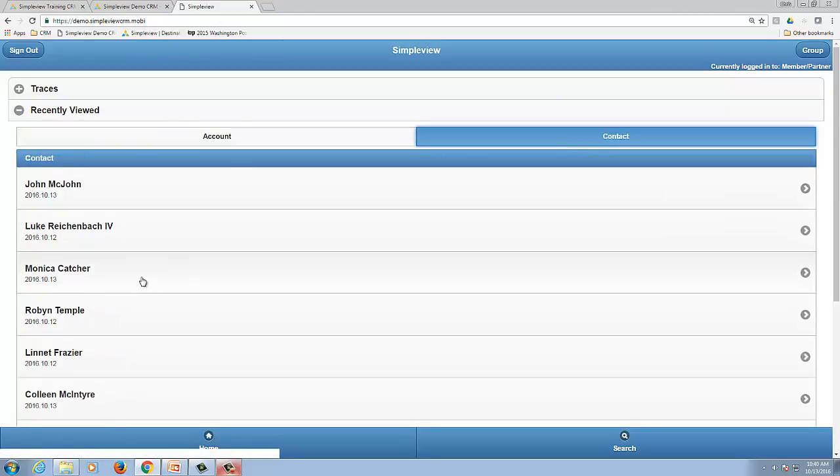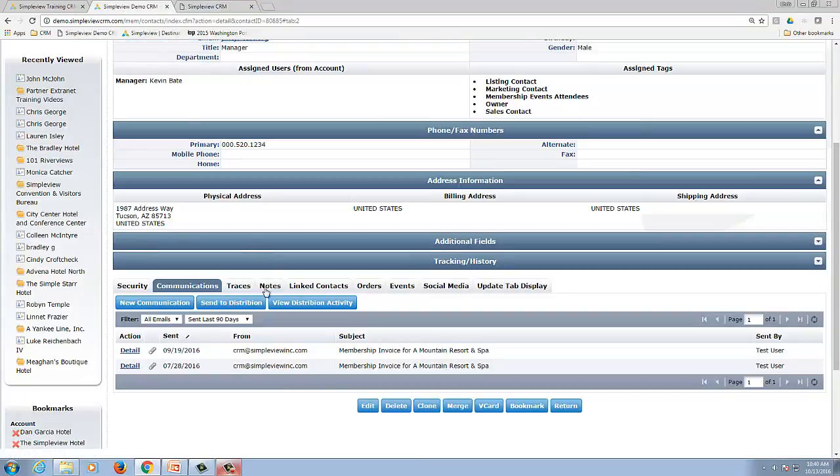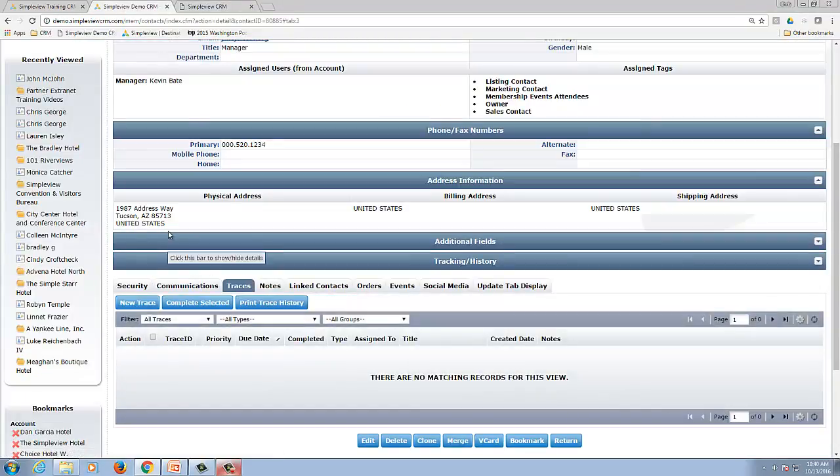the same exact way, find my contact, and if I want to send them an email, I just click on the envelope. It's going to open my mail client on my phone or mobile device with Robin in this case as the to, me as the from. And when I send an email from mobile, it is going to automatically find and track that underneath the corresponding